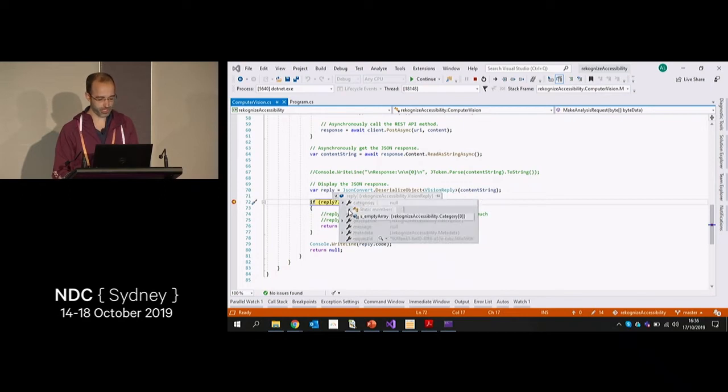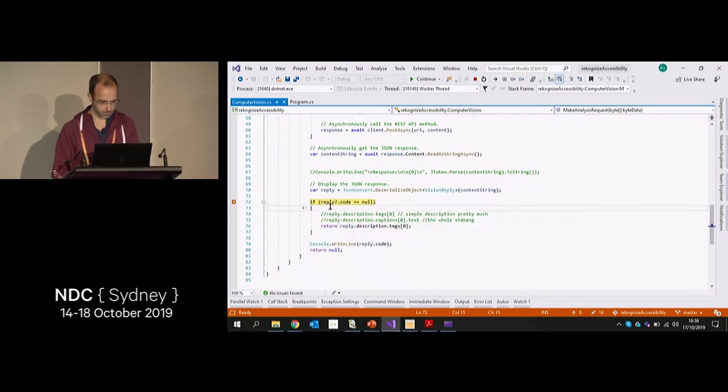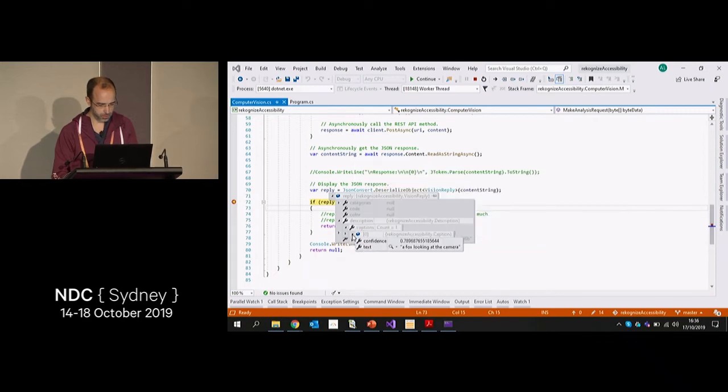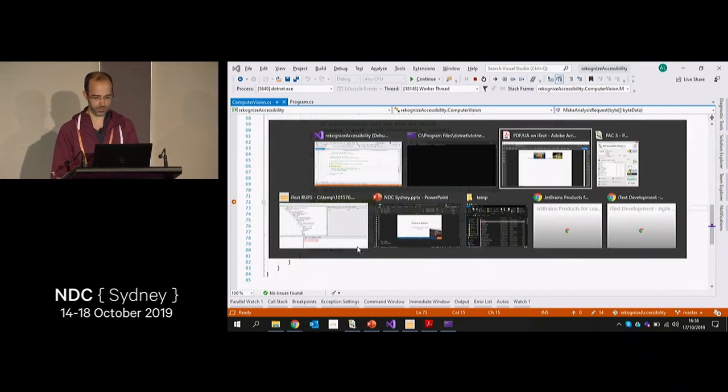All right, so I just set up a breakpoint to check what Vision is returning. So we have two things. One is captions. Okay, so: a fox looking at the camera. Sounds about right, right?